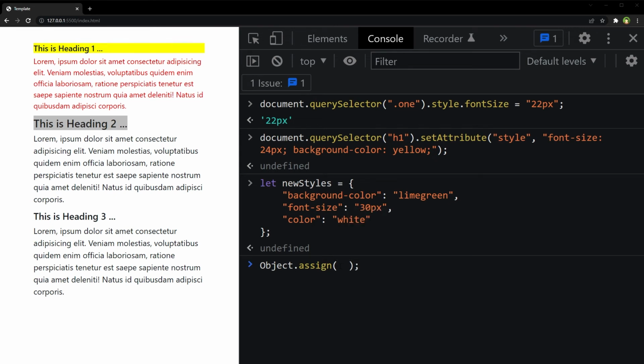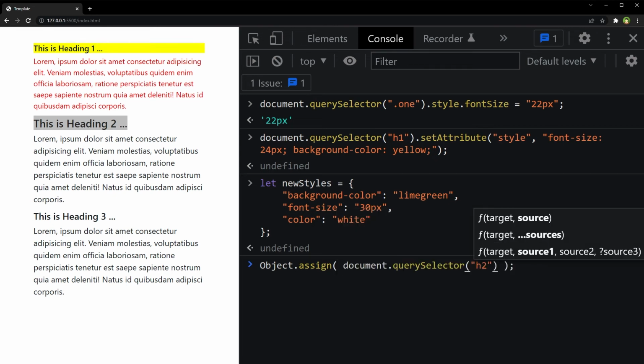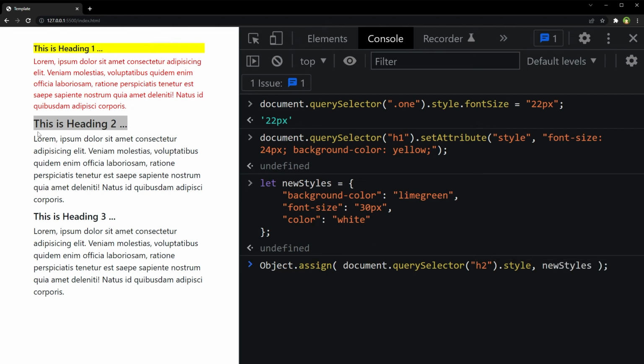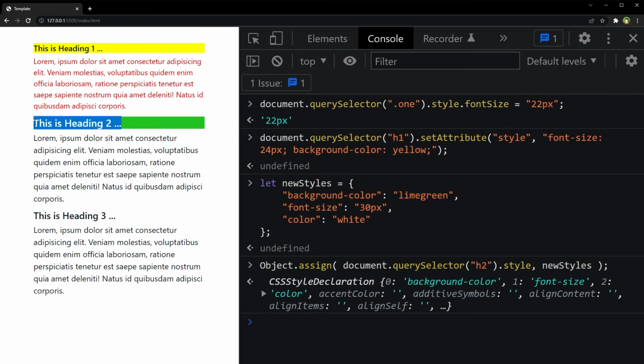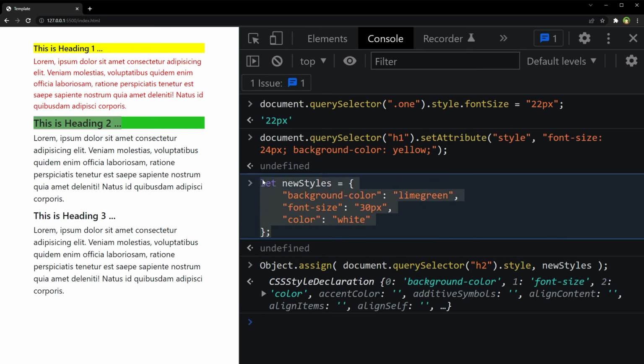First, we will select the element, document.querySelector h2, .style, comma, and then we will assign it this object that has our properties, newStyles. Enter, and you see this heading changed. It's Object.assign. Select the element and .style, and apply the styles that are declared by using an object.